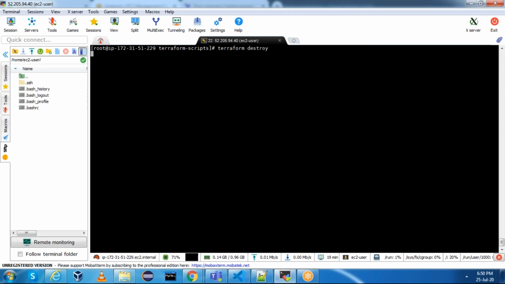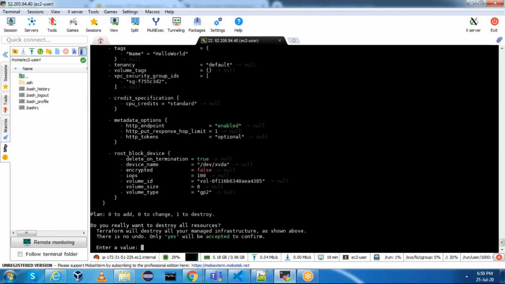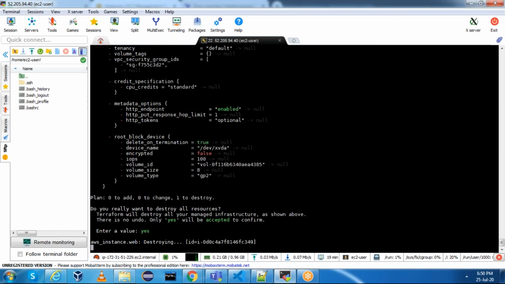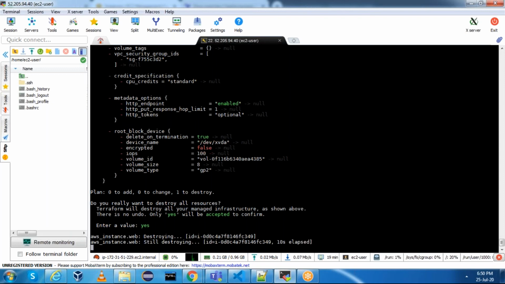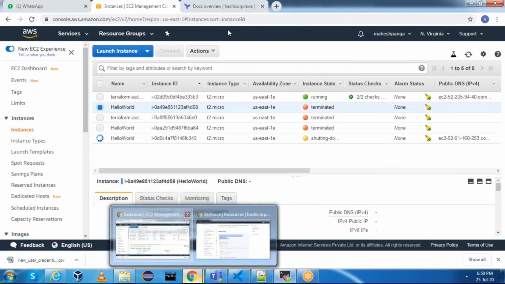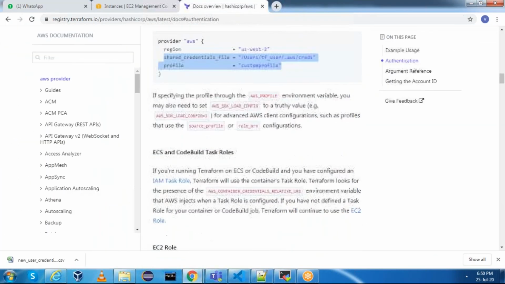In all these ways, somehow we are giving access key and secret key. If you observe, in the first approach, static credentials, or in the second approach, environment variables, or in the third approach, shared credentials file, somehow we are giving access key and secret access key. The fourth approach would be EC2 role. No need to give access key and secret access key.